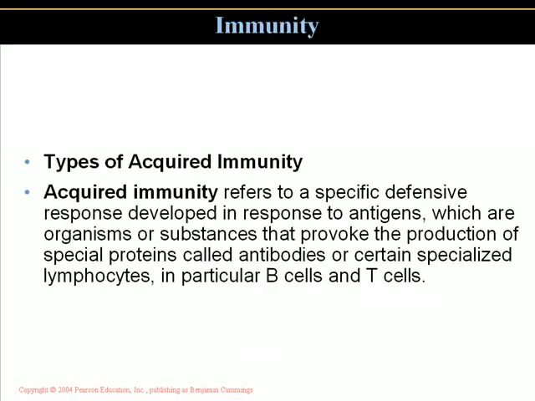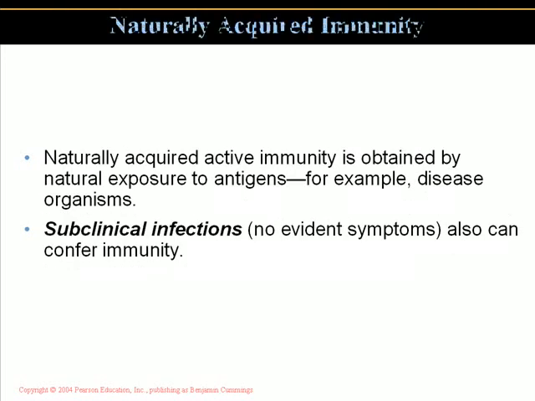Types of immunities: acquired immunities refer to specific defense responses developed in response to an antigen, which are organisms or substances that can provoke the production of special proteins called antibodies and certain specialized lymphocytes, in particular B cells and T cells. Naturally acquired immunities